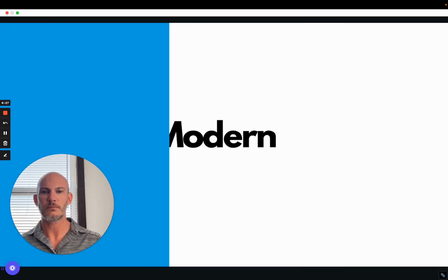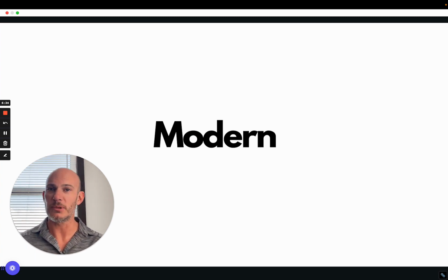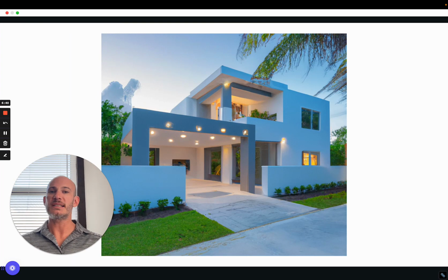And then, of course, you can have more modern looks. We're seeing this more and more on the island, and more people are interested in this, an all concrete modern type build. And so we might see something like this. This is not unreasonable to do. This is a beautiful concrete home that could give you a lot of